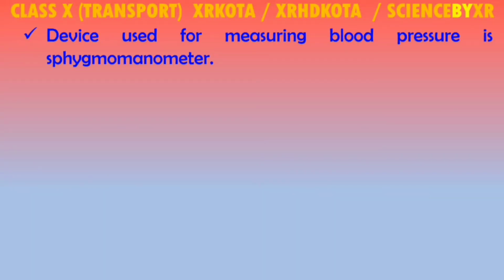Okay. The device which is used for measuring the blood pressure is called sphygmomanometer. Now, sphygmomanometer is actually used on the upper arm. Suppose this is the arm,